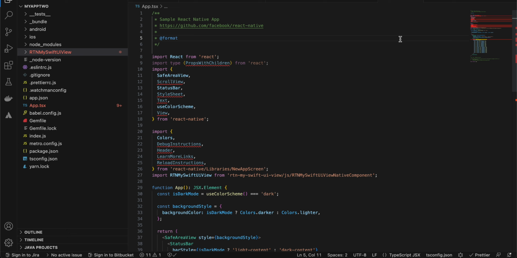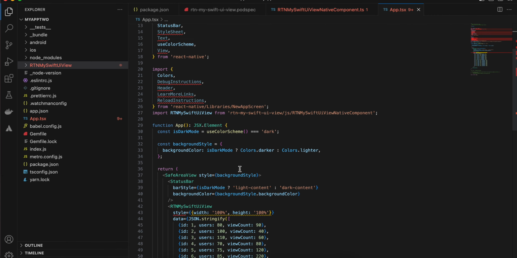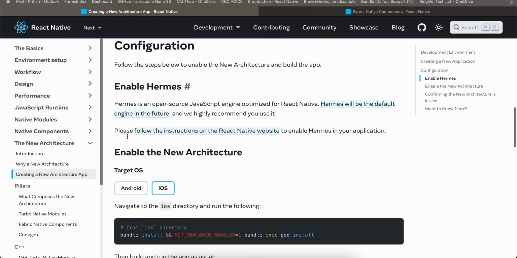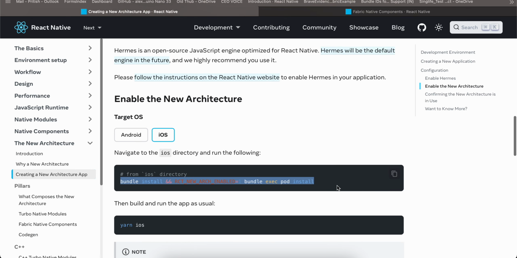So I will be using the new architecture obviously, and I have created a React Native application. The first thing you have to do is enable the new architecture. So what you could do is just cd to your iOS directory on terminal and then run this command. This will enable the new architecture. Next,